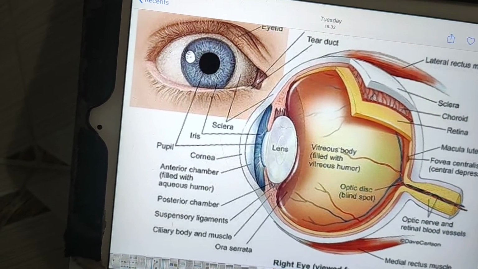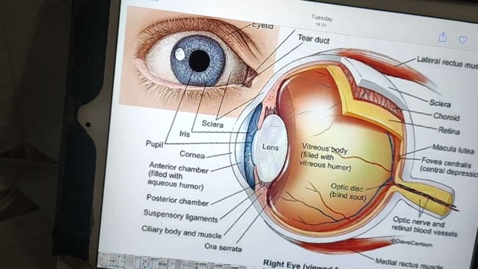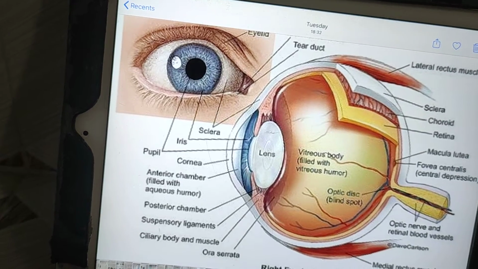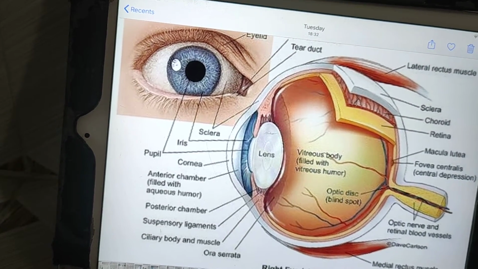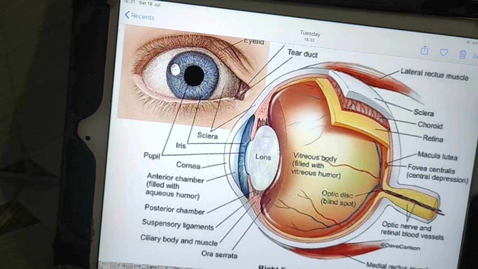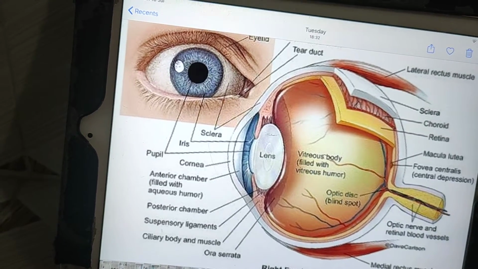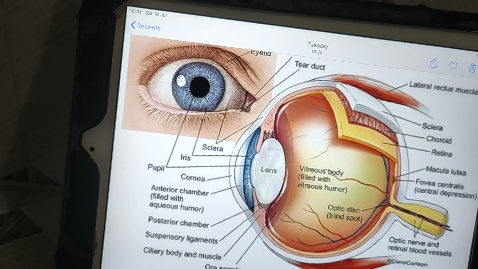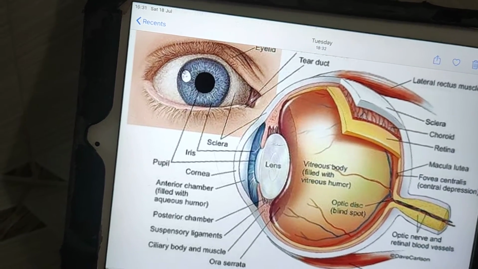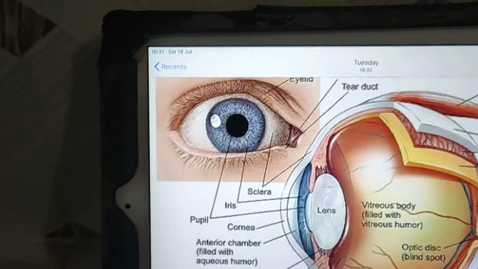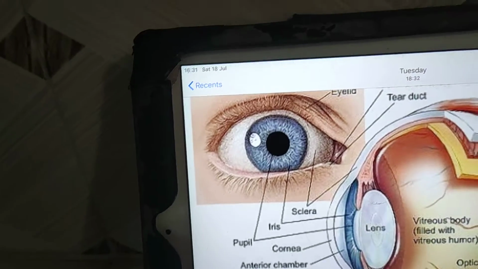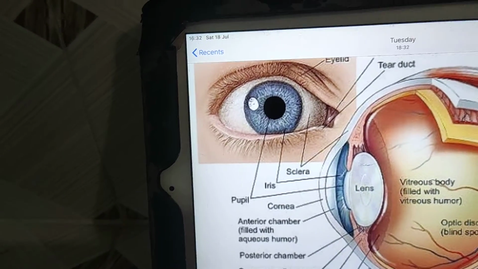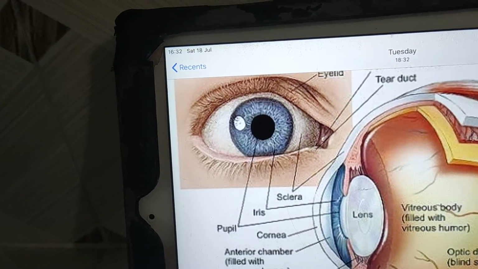Okay, and when any disease occurs in the conjunctiva, we call it conjunctivitis. Normally what we call red eye, when we say our eyes have become red, that's called conjunctivitis. Okay, now we discuss about eyeball. Okay,